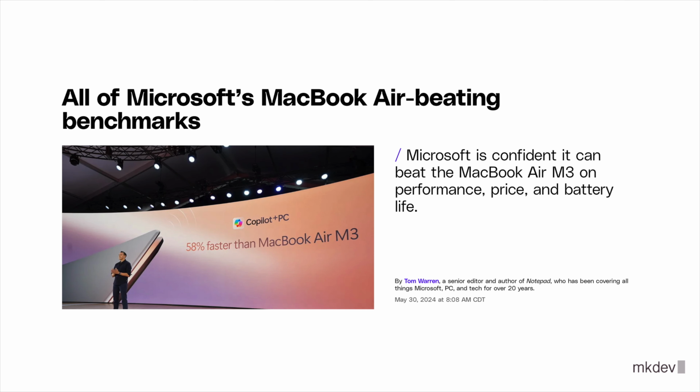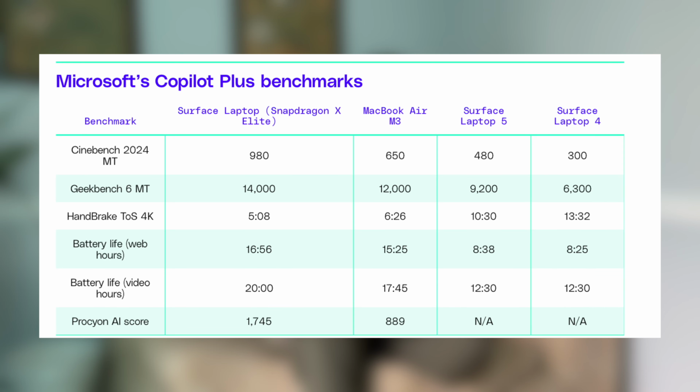All of Microsoft's MacBook Air beating benchmarks. Microsoft announced new Surface laptops. They're ARM based, they use the Snapdragon X Elite chip, and they're claiming that it beats MacBook Air M3 in every single metric, so it's faster, it has a longer battery life, it works better with AI. More or less it's true, so this new Surface laptops do beat the M3 Air